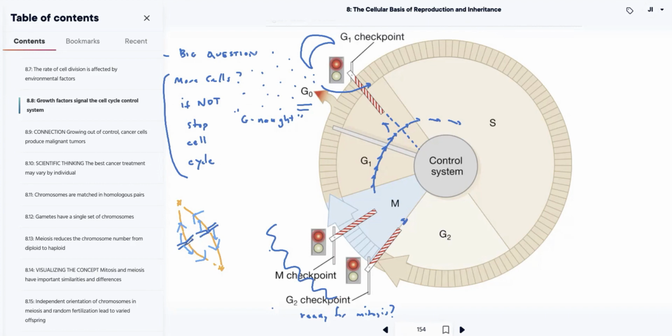Now, in the process of setting up this whole bit where you've got the mitotic spindle, the attached spindle fibers, the non-attached spindle fibers, things have to be exactly right, right? And if things aren't exactly right, you don't want to proceed into anaphase, right? And so yeah, the M checkpoint is really easy to understand. Somebody is making sure all the chromatids are hooked up properly to their spindle fibers. All the spindle fibers are attaching to the correct positions. And then, and only then, are we allowed past the M checkpoint to go into anaphase, right? So think of the M checkpoint as saying, well, are you ready for anaphase?